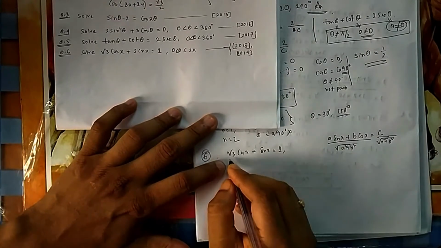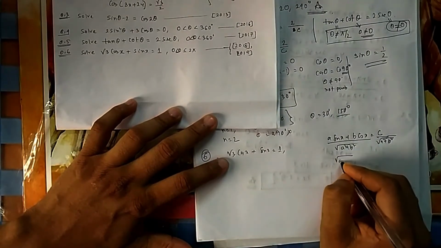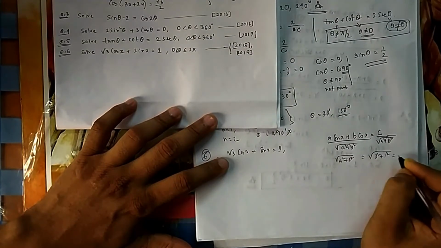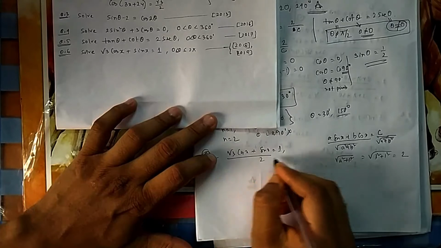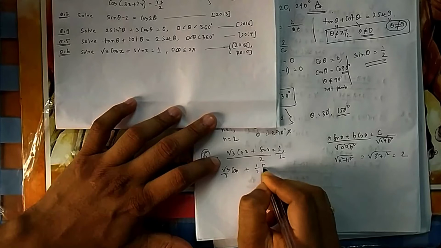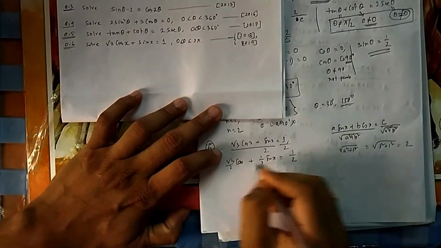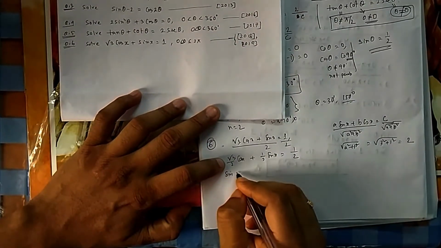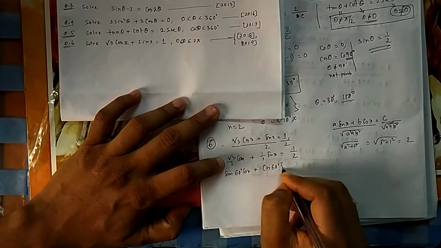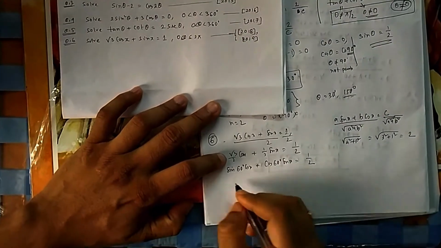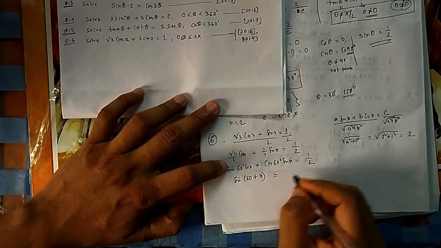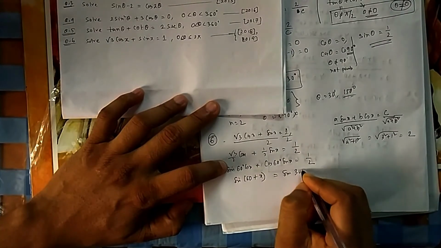So here a is equal to root 3. So what is a square plus b square here? A is root 3, square is 3, b is 1, square is 1, so 4, under root is 2. So we will divide both sides by 2. So it will be root 3 by 2 cos x plus half sin x is equal to half. So root 3 by 2 you can write as sin 60 degree, sin 60 cos x, and half we can write as cos 60 sin x, so that it becomes sin a cos b plus cos a sin b format. So it becomes sin a plus b. And half you can write as sin 30 degree.